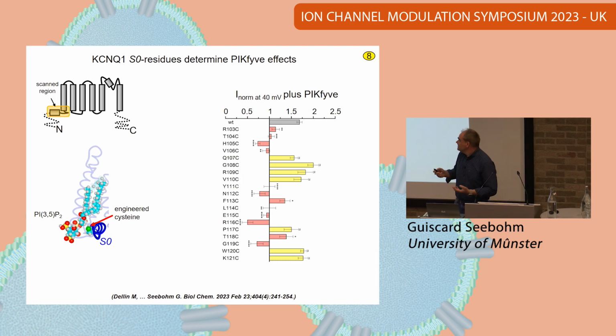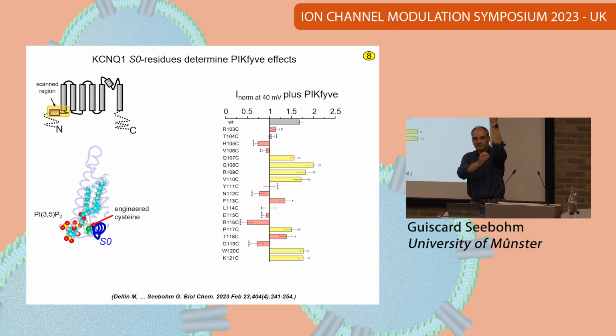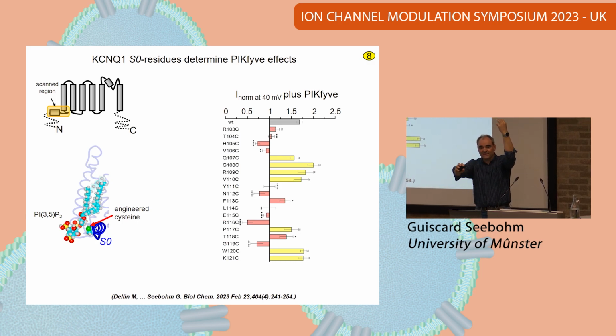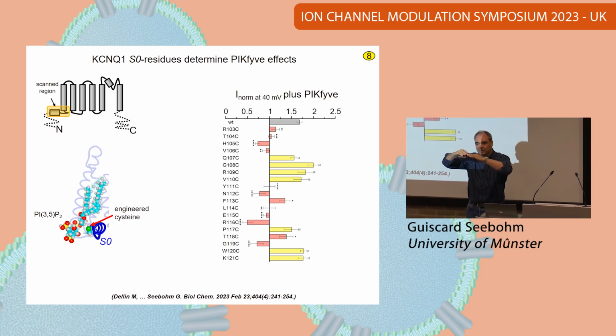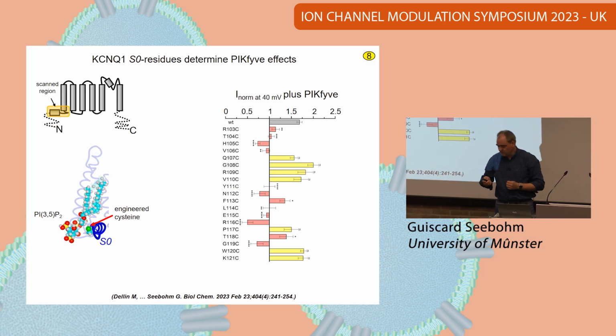Okay, so there's interaction. And what would PIP2 do? PIP2 might function like an anchor in the membrane, positioning S0. In order to get an idea what positioning of S0 relative to the inner membrane plane in a leaflet is effective in regulating the channel, we